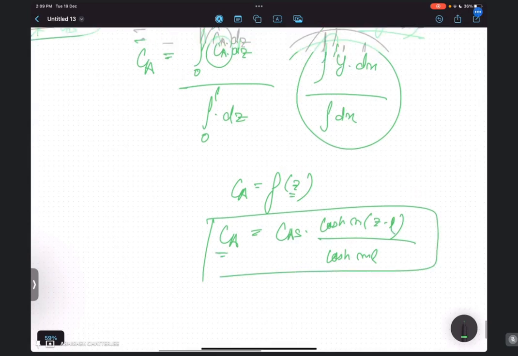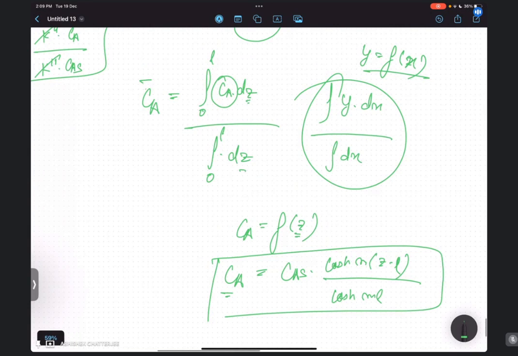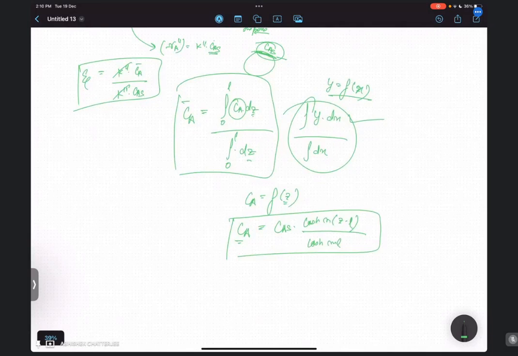तो CA क्या है, z का फंक्शन है, और हम लोग इसलिए z के रेस्पेक्ट में इसको एवरेज करने के लिए ऐसा यूज कर दिया है, इस कंसेप्ट को यूज करके। यहां तक समझ में आया? बताओ।